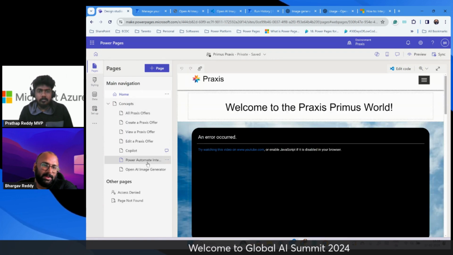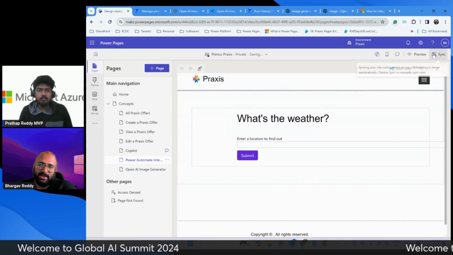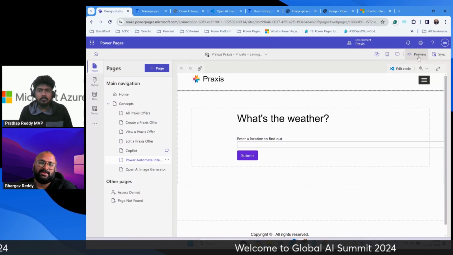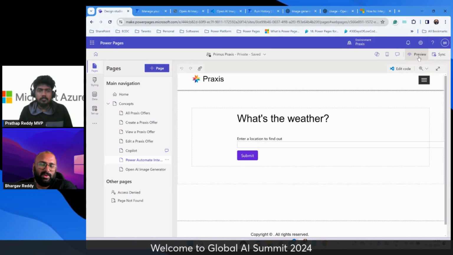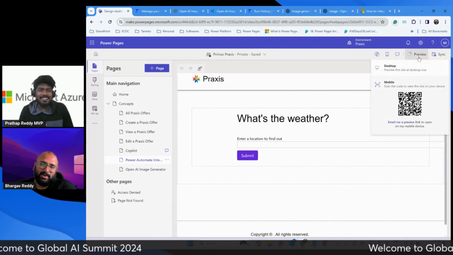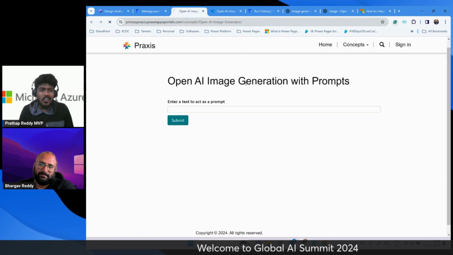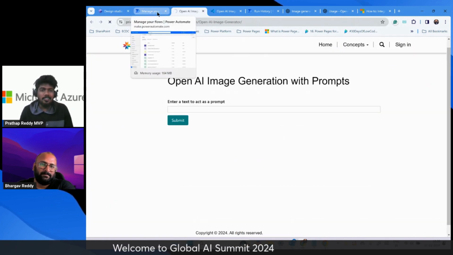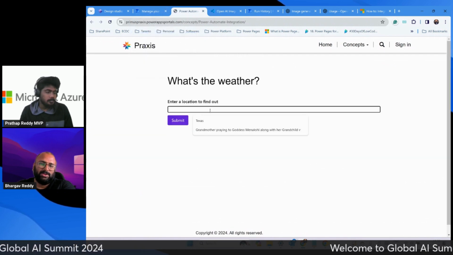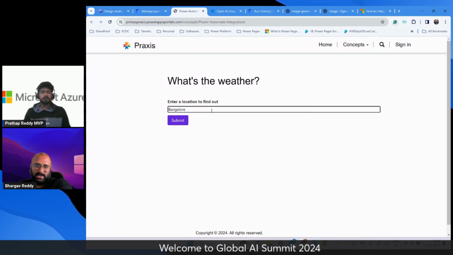So I have two pages here, like I mentioned. First one is Power Automate integration. Like I said, sync changes and then preview. I have not made any changes since last night, so I'm pretty much confident that I don't have anything to push back into my configuration or to my database. So I'm going to quickly preview it. So let's say a city. I'm going to say Bangalore,